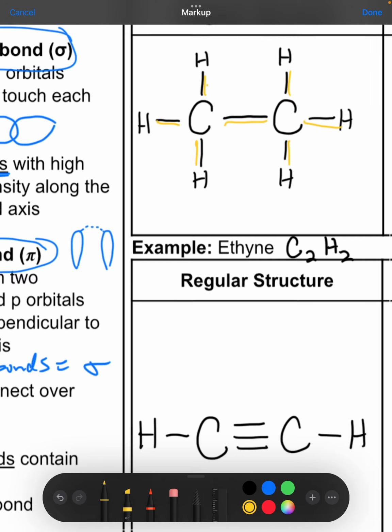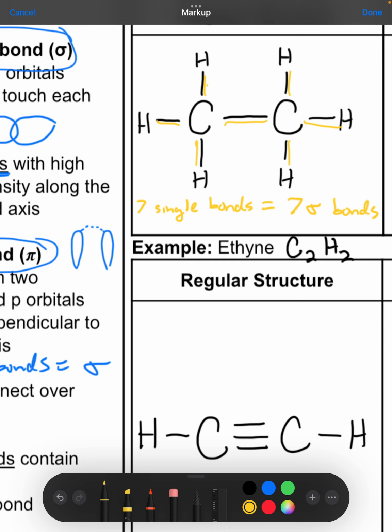So I'm going to write that down right down here, 7 single bonds. And I know, because it's in my notes, I just told you, or you should know, that single bonds only contain sigma. So what that means is that there are 7 sigma bonds in this molecule